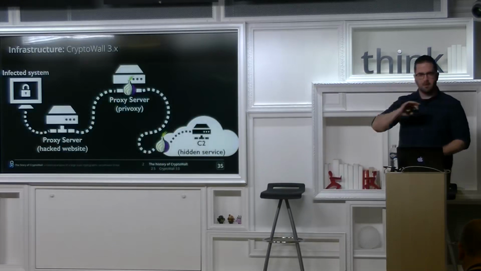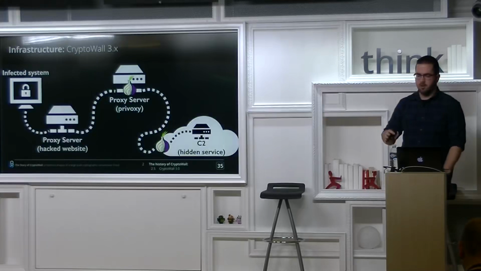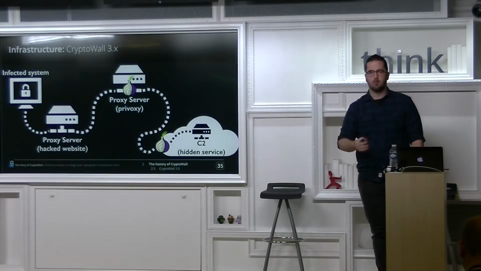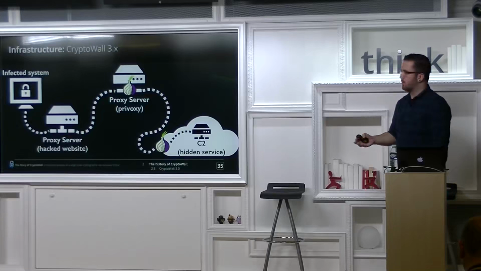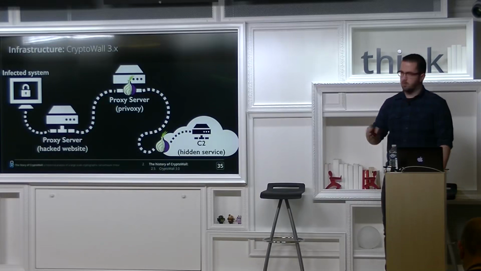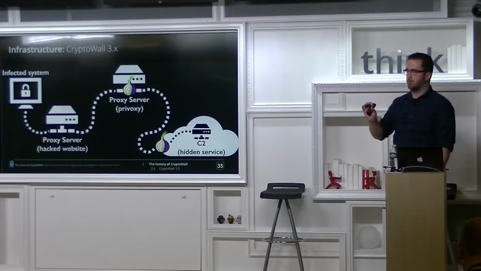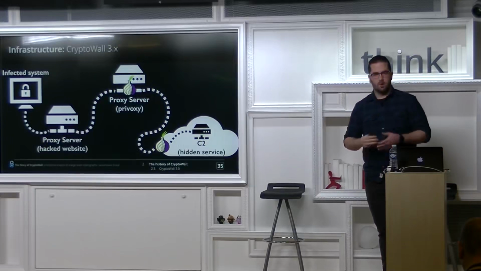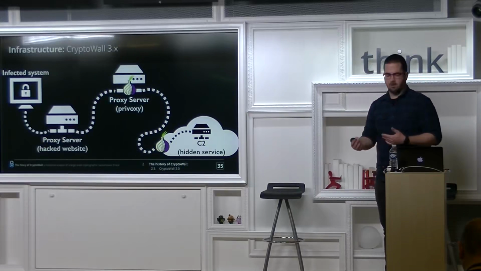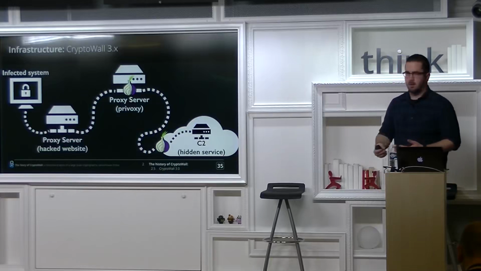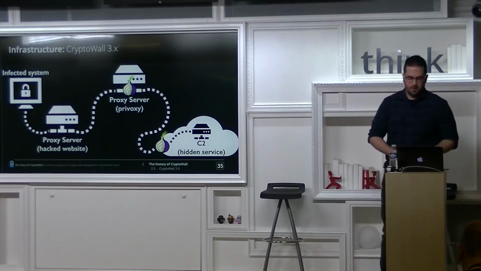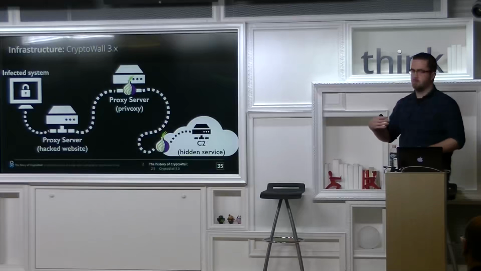So infrastructure change after the I2P stuff. They figured out, this doesn't work. We need something that's good. So the old proxy servers, they would maintain themselves. You could take them down, and then it would be done for a while. So what they did is they employed something they're currently still doing. They would hack websites, so old WordPress, Joomla, Drupal, and they would put small PHP files on there, which were just proxy scripts, small scripts using curl to upstream requests. And this helped because talking to all these individual hosters to take this stuff down takes forever, and some of them don't even reply. And at the same time, you actually want a copy of this because you want to know what is that real server they're owning. You want to take this down. It just improved for them. It helped them to stay active much longer.